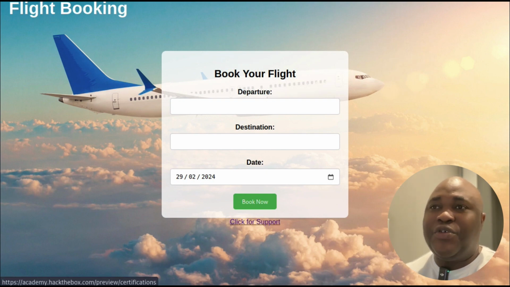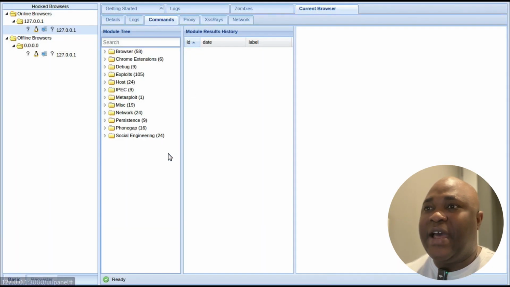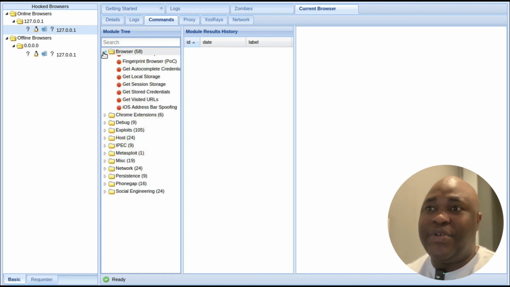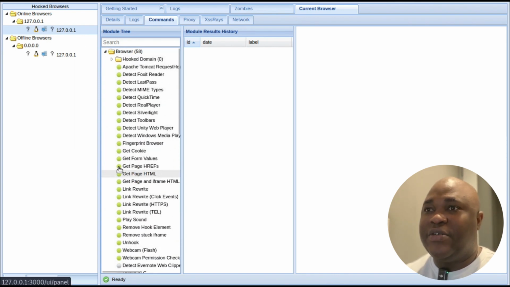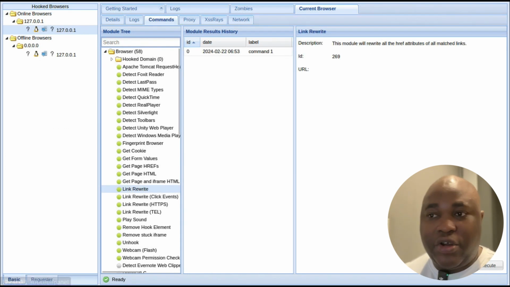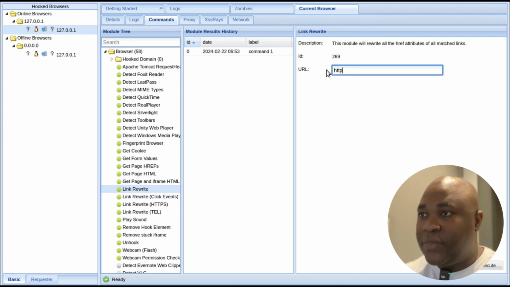Now, the first thing we're going to be doing is we're going to see if the person who is in control can actually go ahead and control your browser. So we're going to take on the browser options, and the first thing I want to do is to show you that that particular link we just looked at can be changed remotely. So without your knowledge, you won't know anything. So we're going to go ahead and input